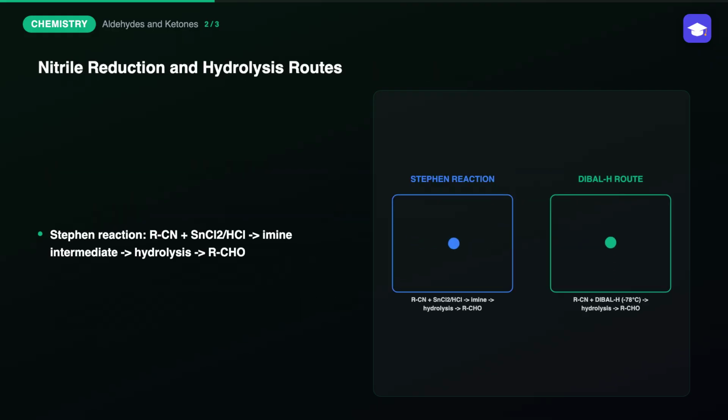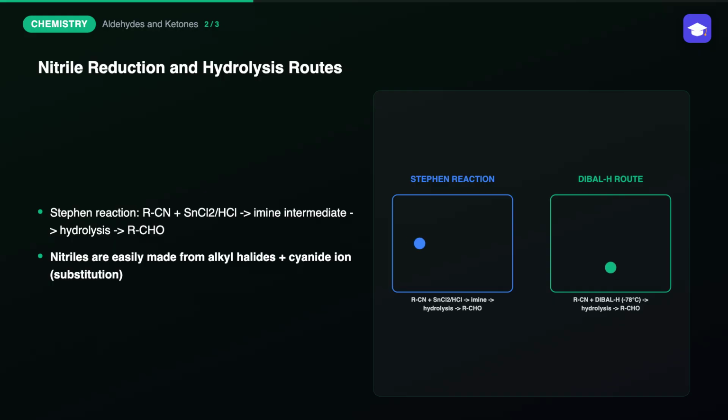Nitriles, RC triple bond N, can genuinely be reduced to aldehydes using stannous chloride, SnCl2, and hydrochloric acid in a process called the Stevens reaction. This forms an intermediate imine which is then hydrolyzed with water to genuinely give the aldehyde directly. This route is especially useful because nitriles are genuinely easy to prepare from alkyl halides through a simple substitution with